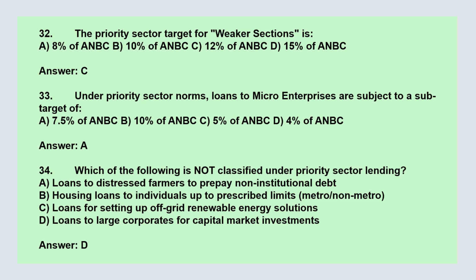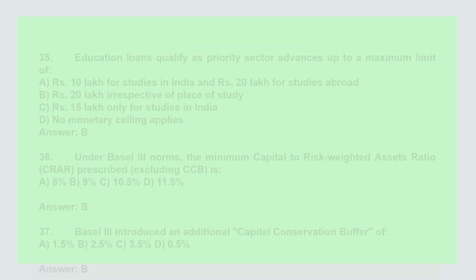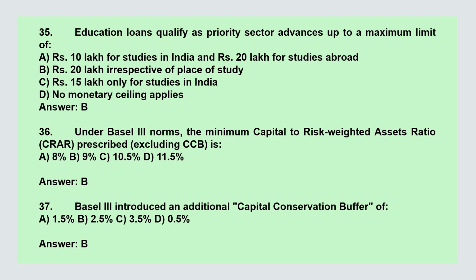Under priority sector norms, loans to micro enterprises are subject to a sub target of answer A, 7.5% of ANBC. Which of the following is not classified under priority sector lending? Option D, loans to large corporates for capital market investments. Education loans qualify as priority sector advances up to a maximum limit of answer B, rupees 20 lakh respective